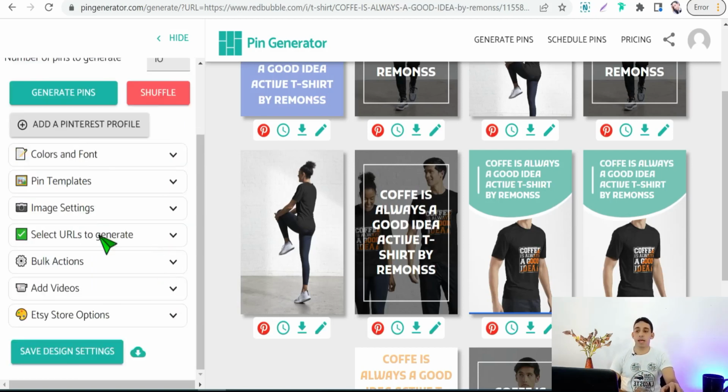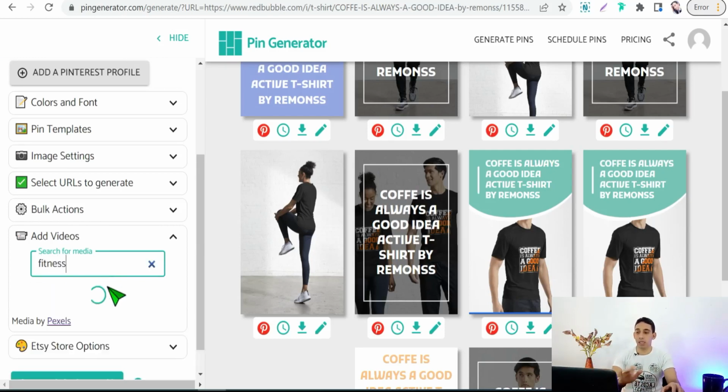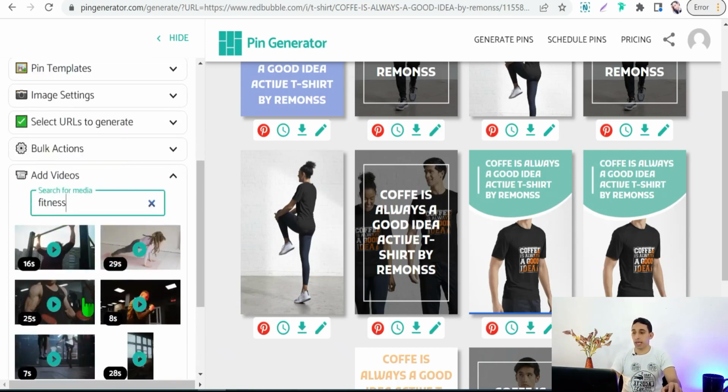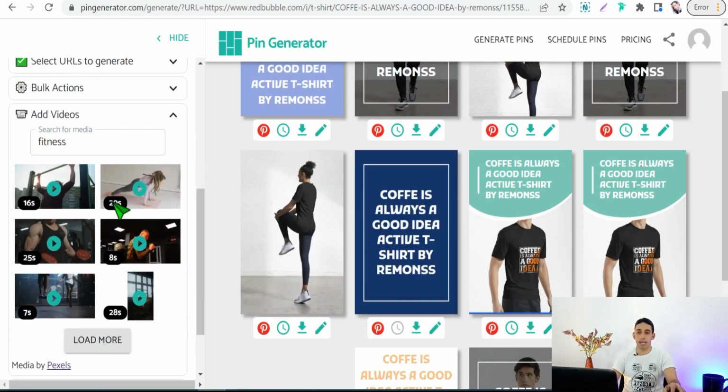Anyway, the best thing here on pingenerator.com is that you can create a video pin, or a pin that contains videos. Here you can add videos to your pin. As you see here, you can search for any media, any video from royalty-free websites like Pixabay, Pexels, and so on that suit your topic and your niche. For example, we can search for fitness or coffee and something like that. Here we can get a lot of videos like this one, and simply you can drag one of them and put it in your pin